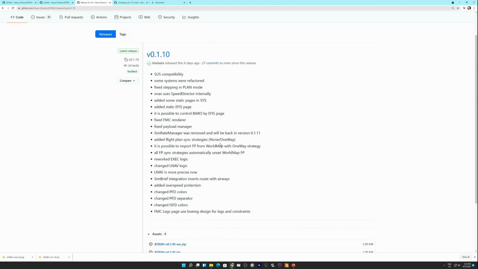So you have to download manually, either from the game, or from SimBrief, or from other tools. With this setting, if one-way is set, then the flight plan will be copied from the FS 2020 flight plan into the FMC. So I'm using the FS 2020 flight planner because I'm still going to use the